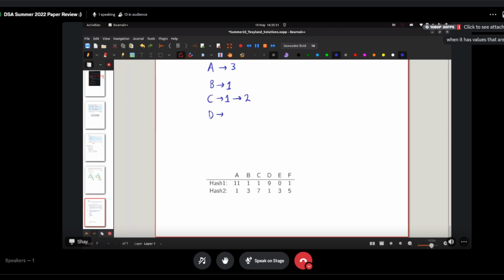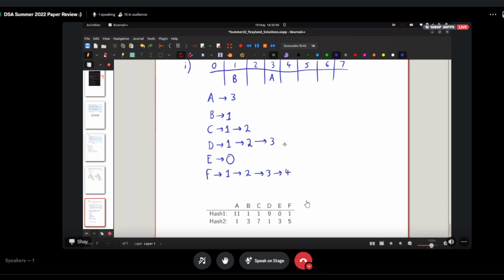D, 9 mod 8 is 1, there's no space in 1. So we try 2, we can't put it in 2, so finally we go to 3, and we can put it in 3. E, 0 mod 8 is 0, there's space in 0, so that's fine. And finally F, we can't put it in 1, we can't put it in 2, we can't put it in 3, so we have to put it in 4. And so our result